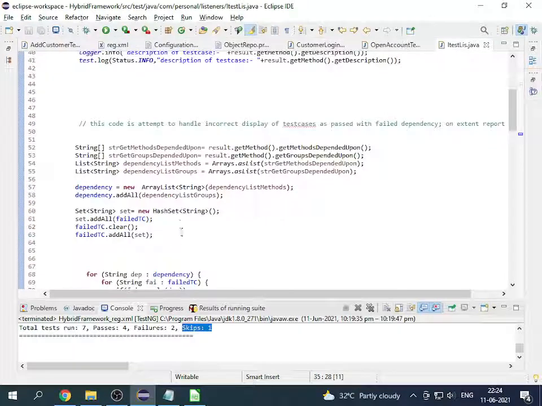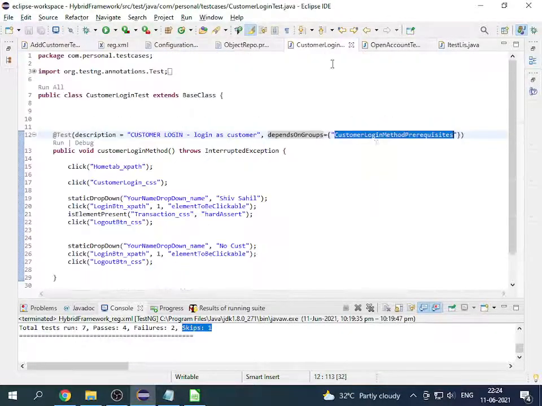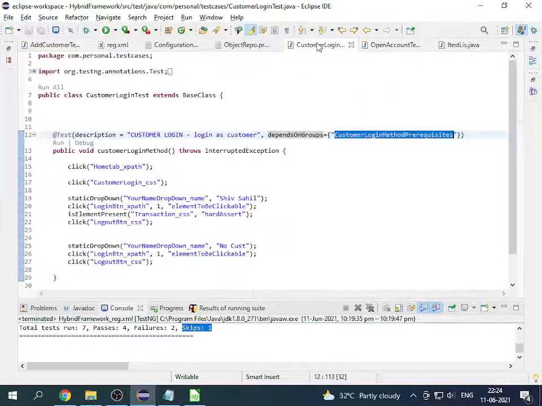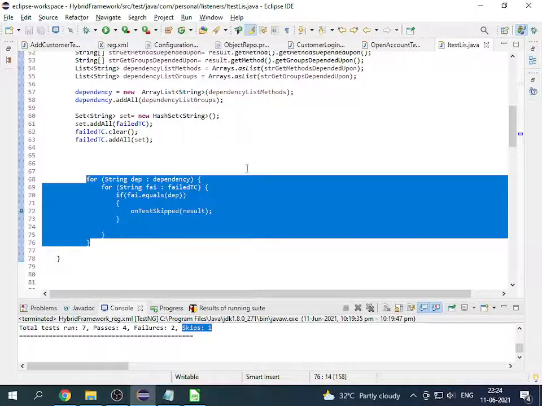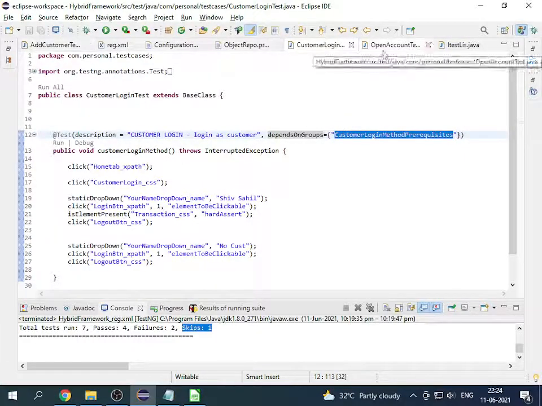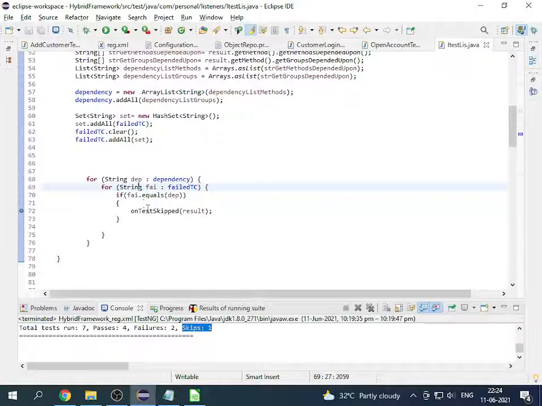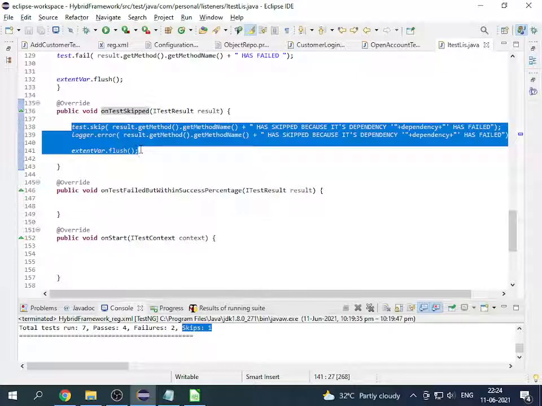It will say that in the failed test cases this group is already there, and your test case is dependent upon this group, so it will fail in this scenario. The same thing will be done if it depends upon this method. We will do this a little bit later. So it will pass, and it will give the message, and the extent report will be flushed.